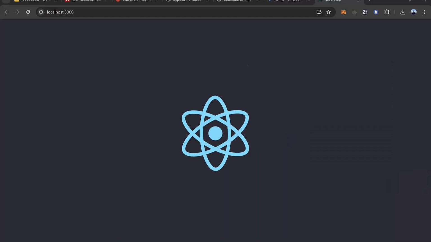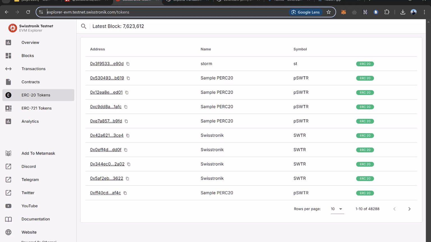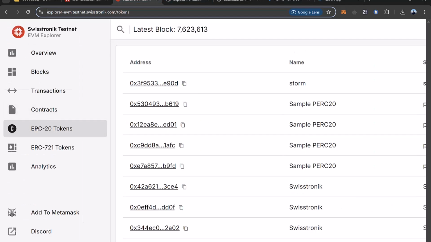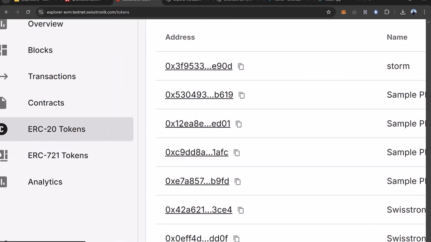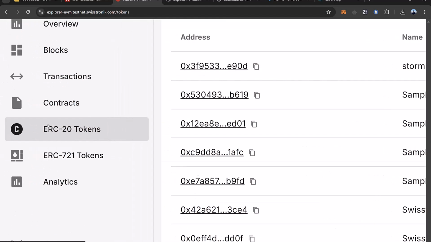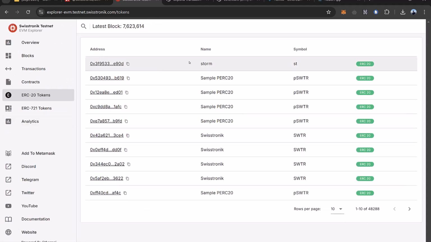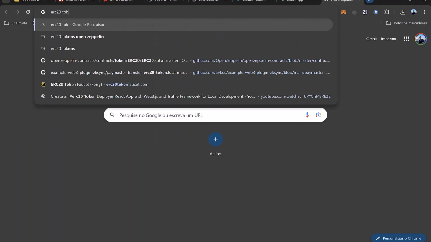In the Swisstronic network, when you come here to the Block Explorer, you will see that they have ERC20 tokens, ERC721 tokens. So I will interact with the ERC20 token. So I just click here, and then I will see a lot of tokens here. Normally, an ERC20 token will have some